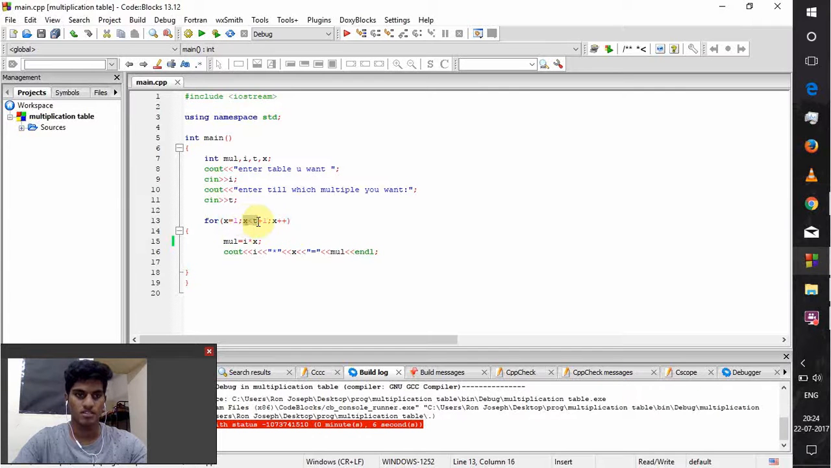Now here I've given t plus 1 because the initial value here is 1. If it had been 0, then I would have given x is less than t. But I didn't want it to give 2 into 0 is equal to 0, so I initially started off with x equal to 1. Now the statement I've given is mul is equal to I, which is constant,